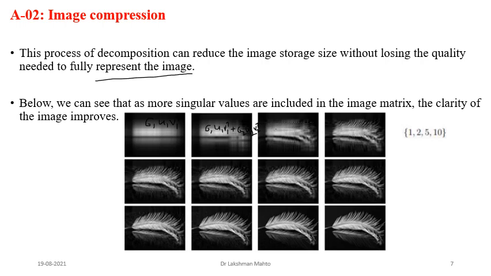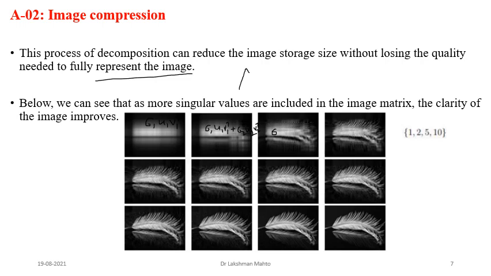Now in the third image you can observe in the first row that we are taking five singular values. That means five rank one matrices will come, so the rank of this matrix is actually 5. That's why it is a little bit better than the first and second entries. Now here we have taken 10 singular values. That means the rank of this approximated matrix is 10.